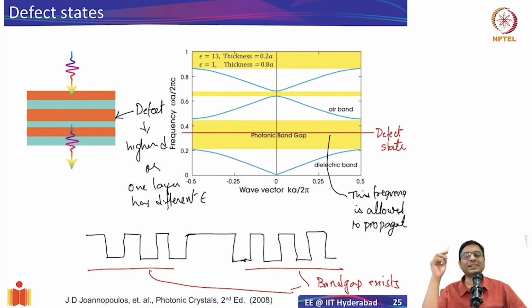We'll see in the literature that a lot of work has been done wherein they try to introduce a defect. Of course, in the one-dimensional case that we are discussing right now, it's hard. But in the next lecture, we'll talk about the two-dimensional case, wherein if you have a two-dimensional arrangement of this material, you can introduce a defect and actually cut a path, let's say in an L or whatever shape, and make the wave go in that particular direction in which you have created the defect. So you can have wave guiding through the defect states, and that's why it's very important. We'll try to come back to it. So this is about the defect states.